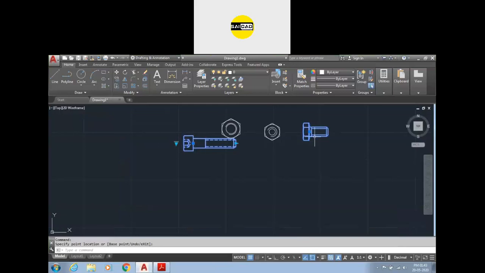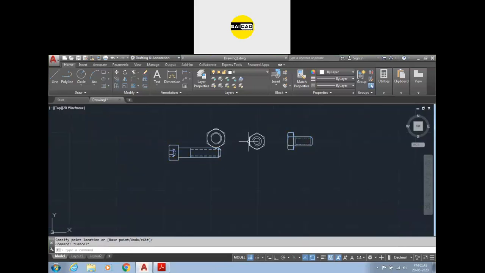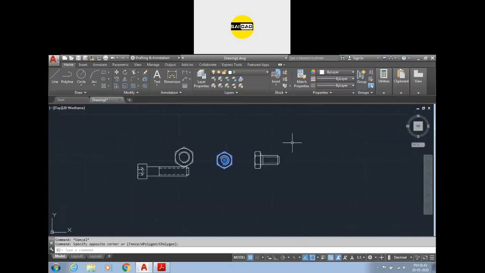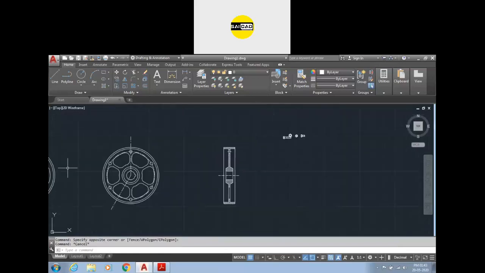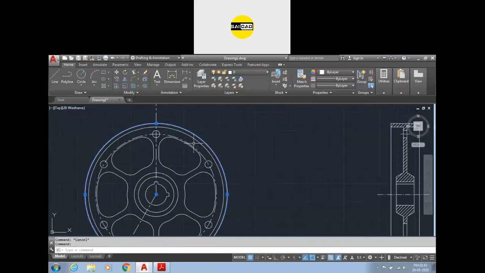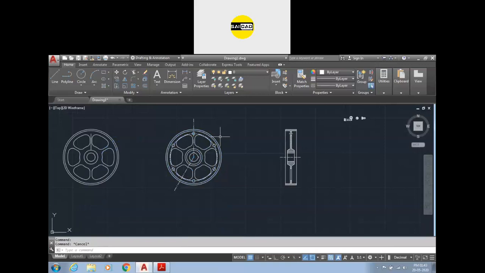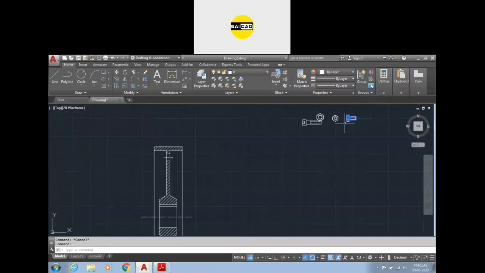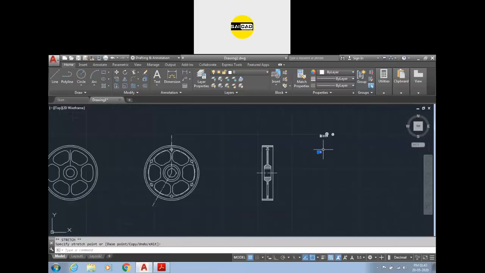So how can we create some blocks? Okay, so we are going to learn how to create the blocks from here, but the blocks will be simple blocks, not dynamic. Okay, how can we create these types of shapes? So you can see that we have this shape here. If you click on it, all the objects are selected separately. If you want to just click and select like this one, and move that object with a single click, we have to create the block.